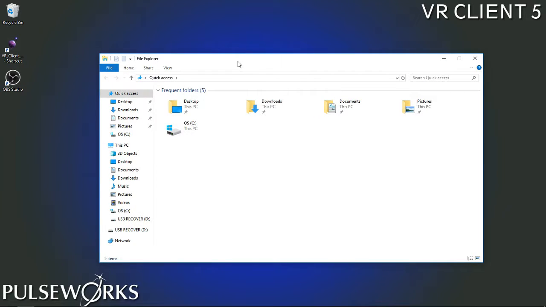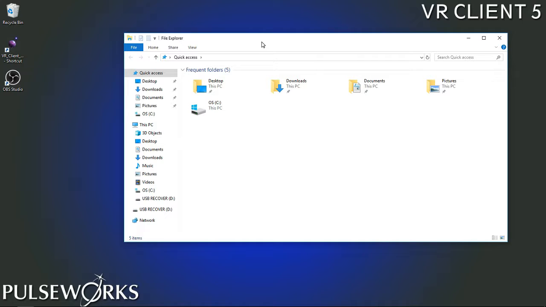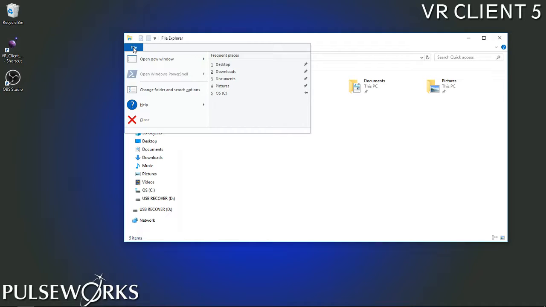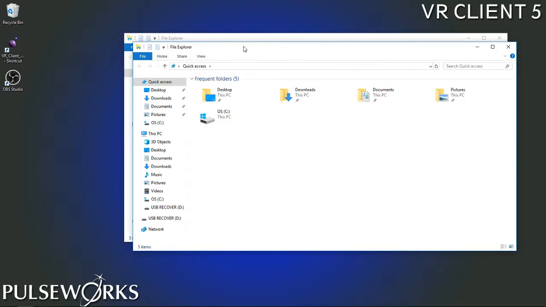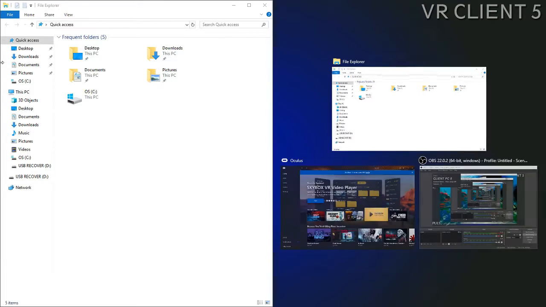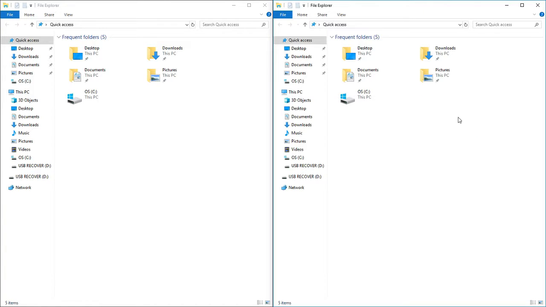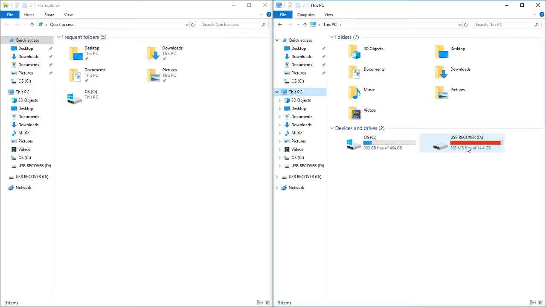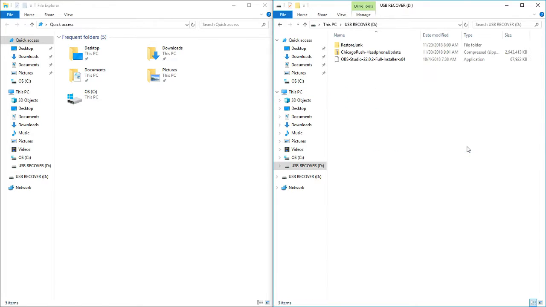Once we have a window open, we're actually going to want to open up a second window. So we can go to File, Open New Window. That'll open up a second window. We'll drag one all the way to the left and choose the other one to fill up the right. On this right-hand screen, we're going to navigate to This PC, to the flash drive that we inserted. This is the flash drive that has the file download on it, the update that you got from the internet. On the left screen, we're going to go to This PC,